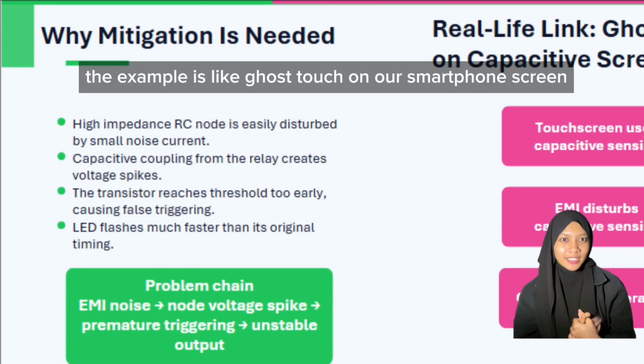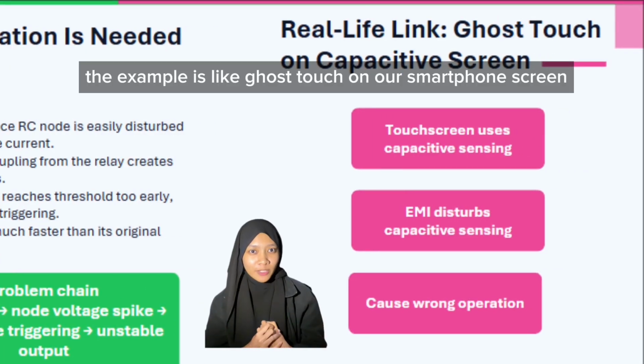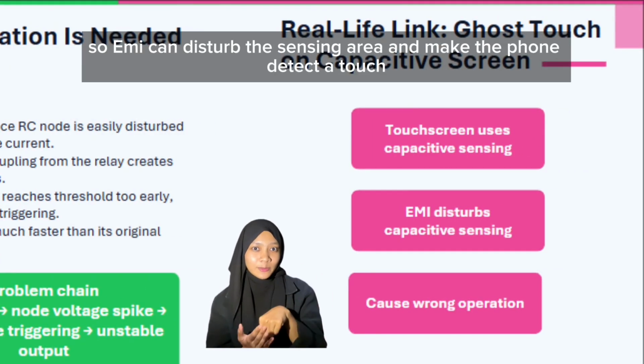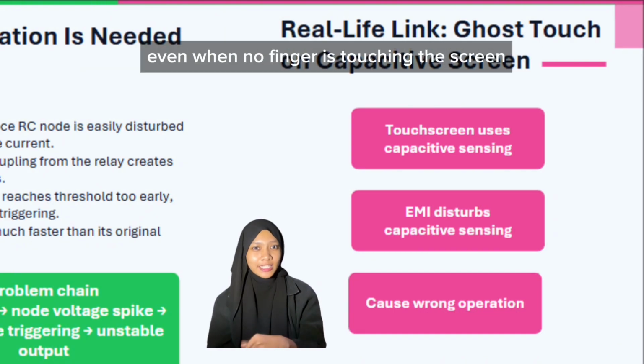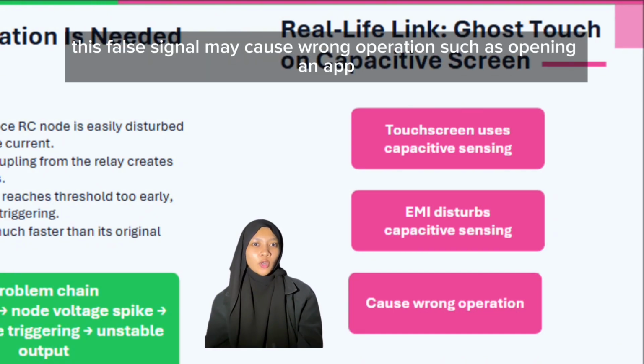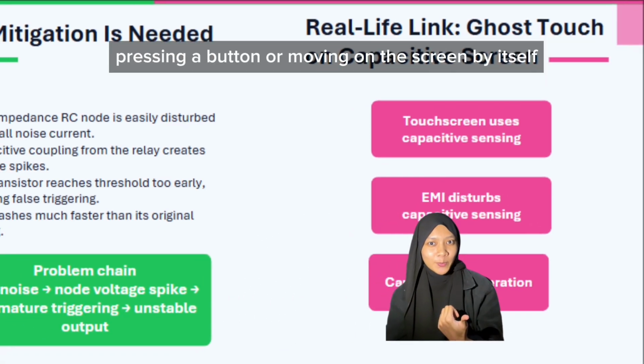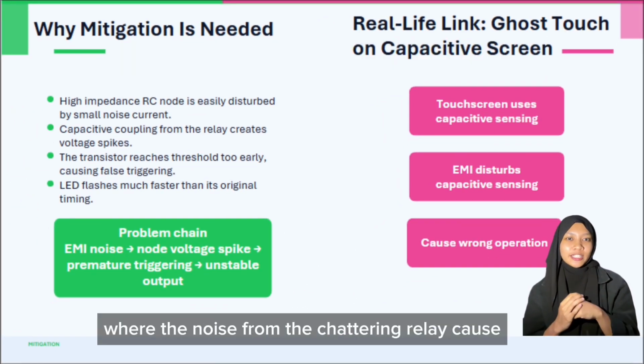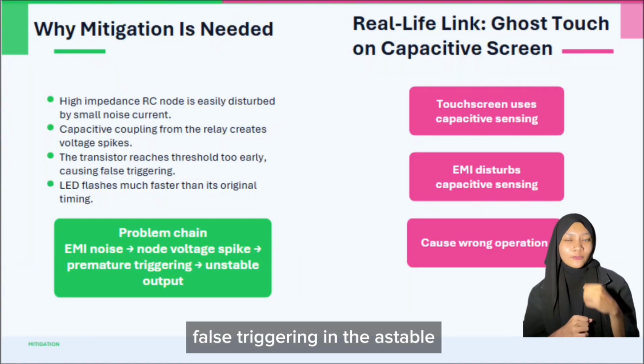than normal. An example is like ghost touch on our smartphone screen. A touch screen uses capacitive sensing, so EMI can disturb the sensing area and make the phone detect a touch even when no finger is touching the screen. This false signal may cause wrong operation, such as opening an app, pressing a button, or moving on the screen by itself. This is similar to our project, where the noise from the chattering relay causes false triggering in the